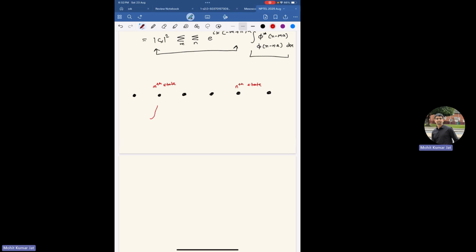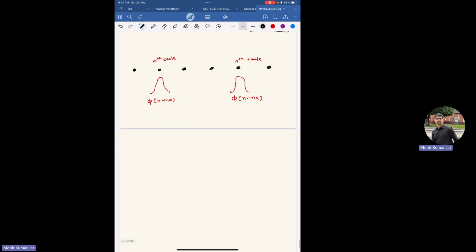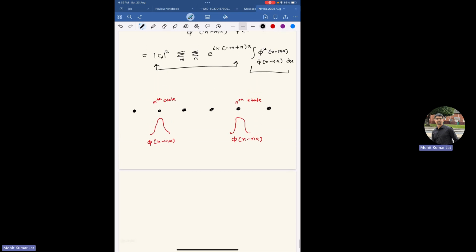So it will be like this here. What I am drawing is phi of x minus ma, which is a wave function localized at ma, and phi of x minus na, right? Now, since these two wave functions have finite value near the atoms only, and apart from that they go to zero,